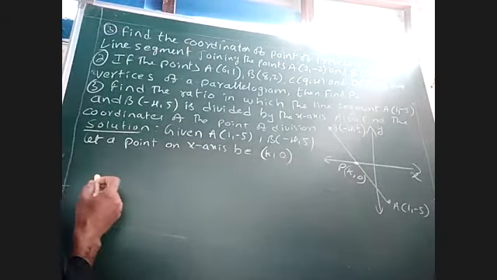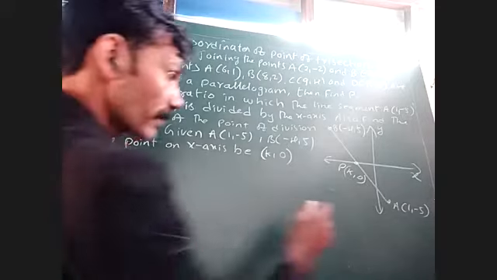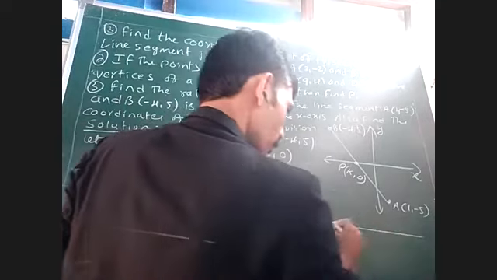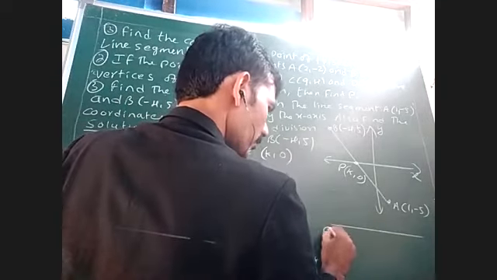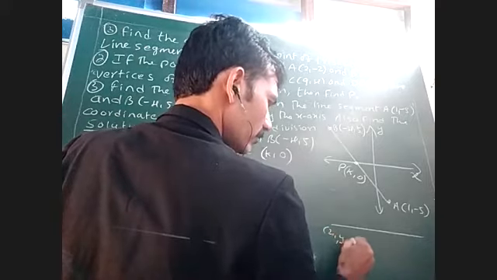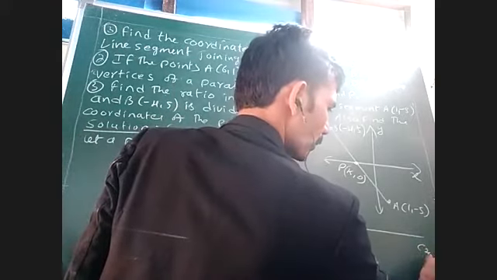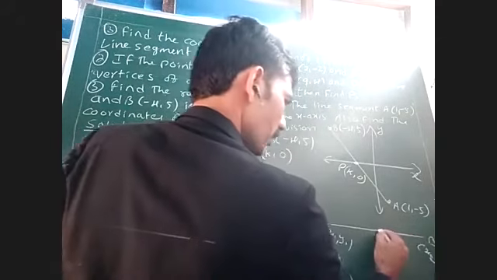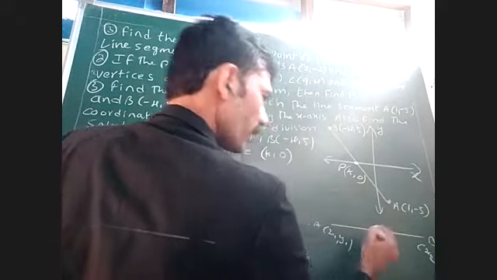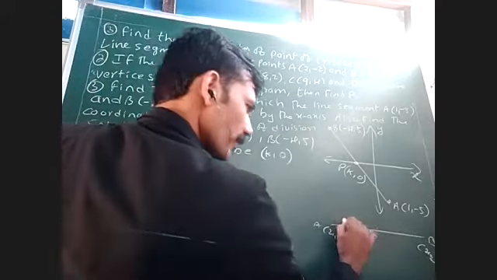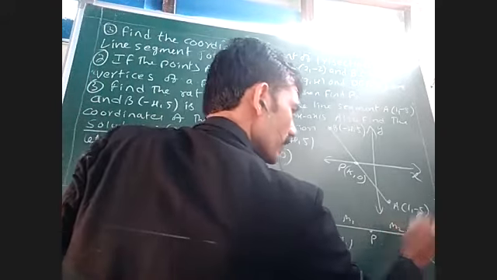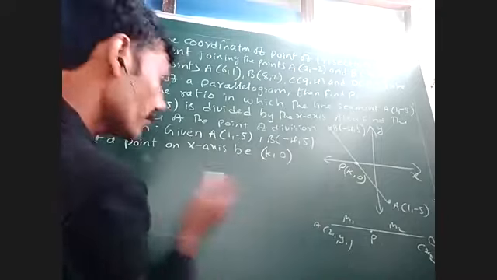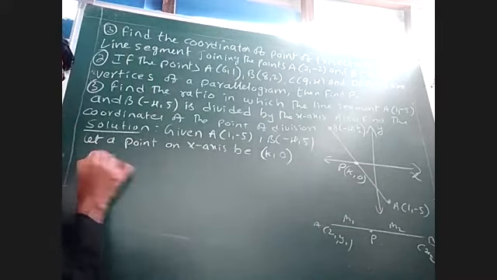Then what do we have to write? We have to write the formula. First we'll write the formulas. We have to take 2 points, some (x1, y1) and (x2, y2). This A, B you can take. Some point P, we don't know. P divides AB in the ratio m1 is to m2, like that we'll think. Then how to find P's coordinates? We'll write that formula.